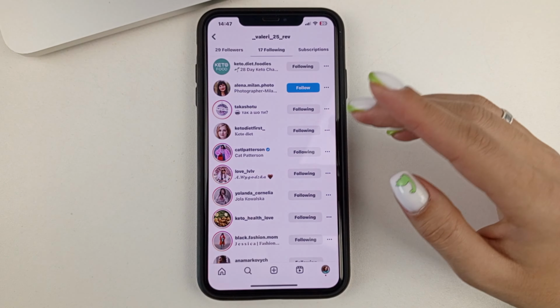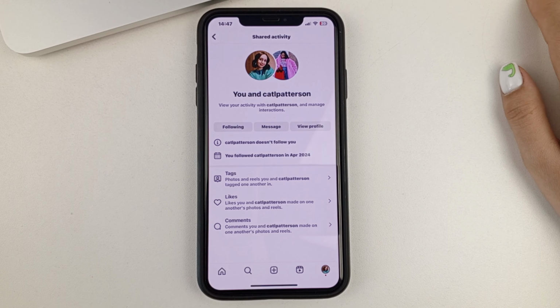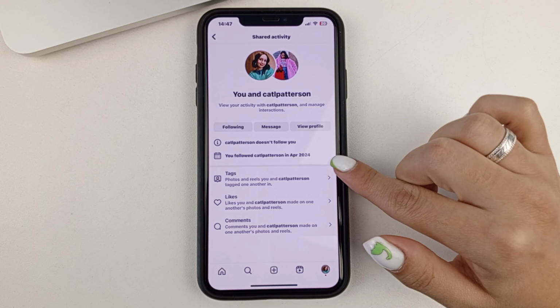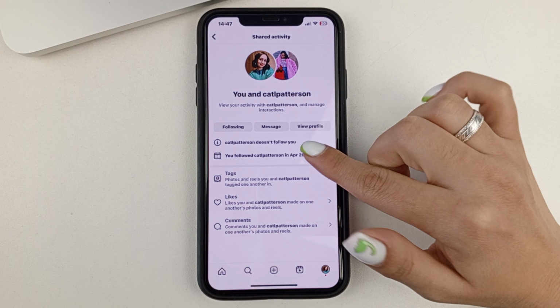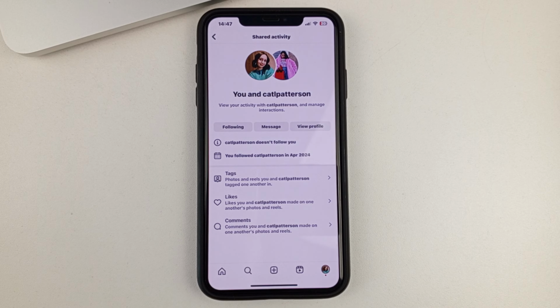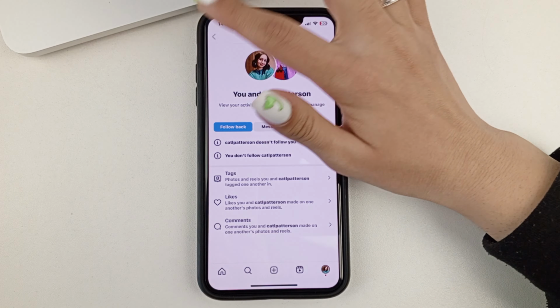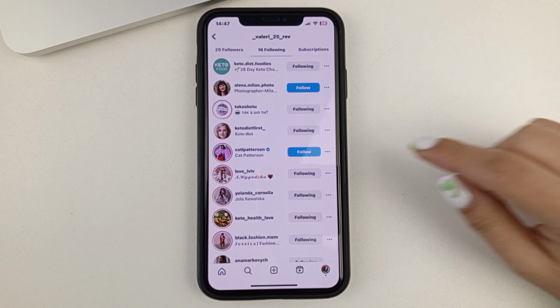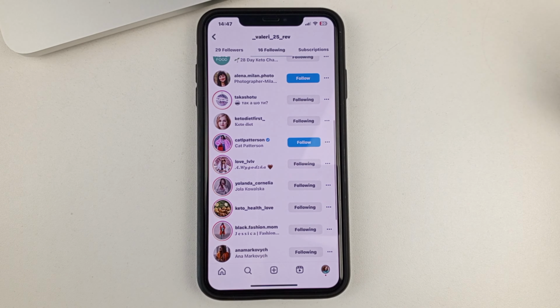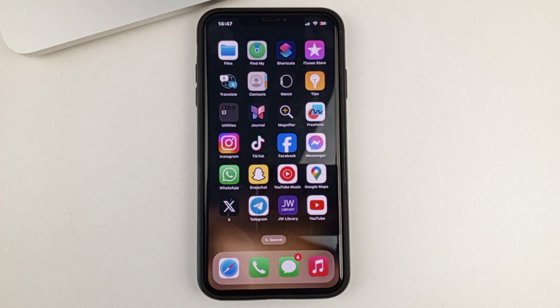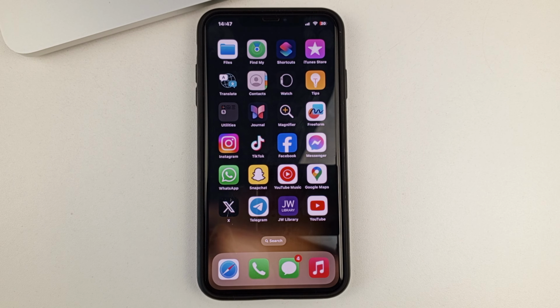If, let's say you look at this information and you see that you are subscribed to a person and he is not subscribed to you, then it's very easy to unsubscribe from the person right here. And as you can see, now I am not subscribed to a person who is not subscribed to me as well. Friends, this is the very simple way you can unsubscribe to people who are not subscribed to you on